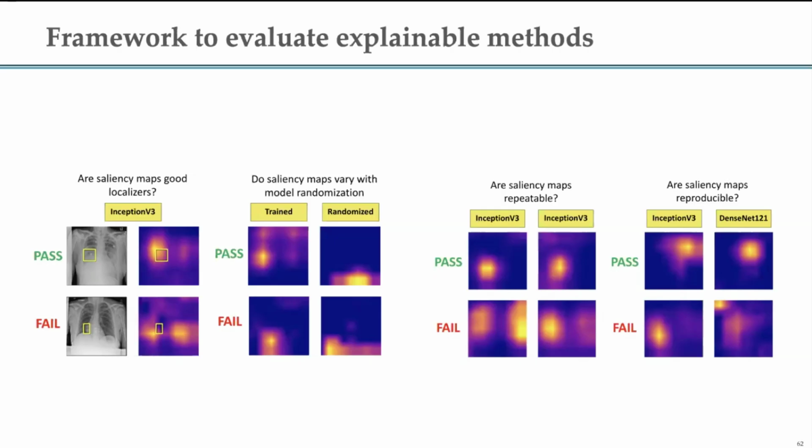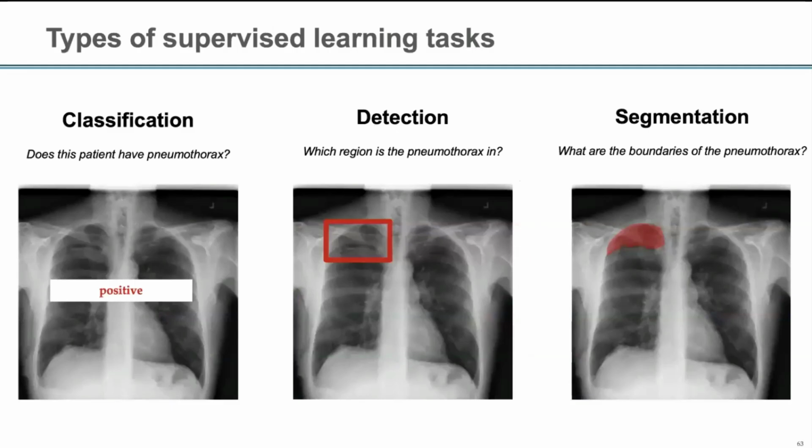If we are hoping that these saliency maps are reflecting underlying biology or pathology or something fundamental about the disease, what we hope is that if you have two networks, the same network, but trained with slightly different seeds, for instance, they come up with similar looking maps. Ideally we would hope that even different networks come up with similar looking maps, but what we find very, very often is they don't.